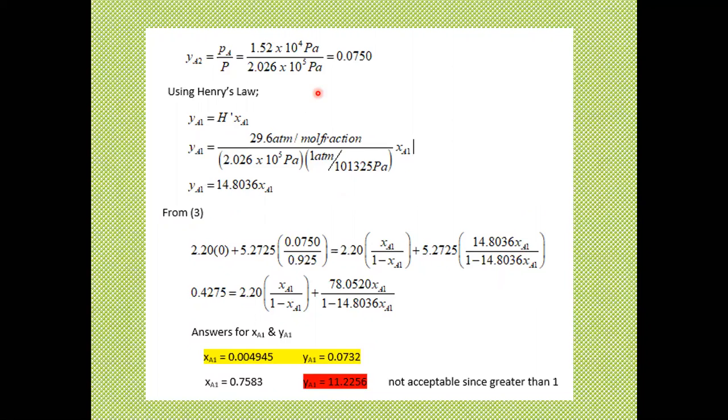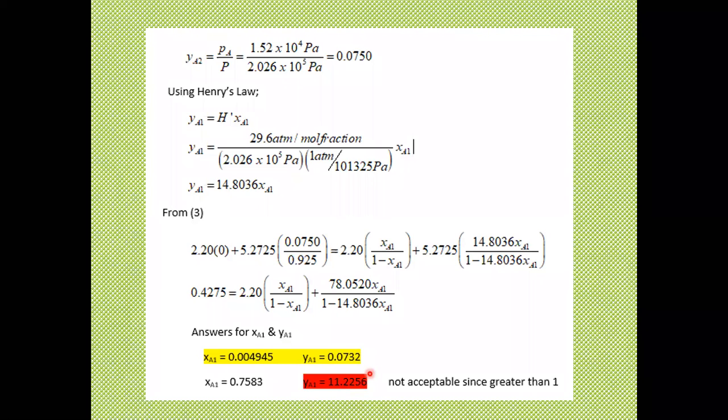Okay? So if you will process this said equation, which has a single unknown, you will know a value of X using quadratic equation. The resulting equation for this is a quadratic equation, expecting that we will have two roots. So this is the first root, or this is one of the roots, and this one is the second root. Now, if you will substitute the second root to this equation, the corresponding mole fraction of A in the gas phase will exceed 1, and that's 11.2256. So I highlighted it in red because this is not acceptable.